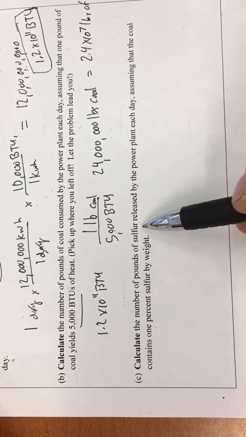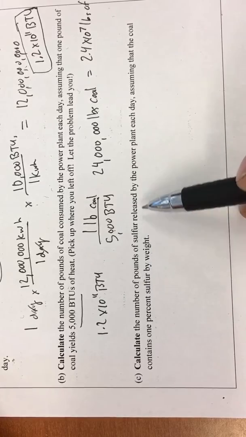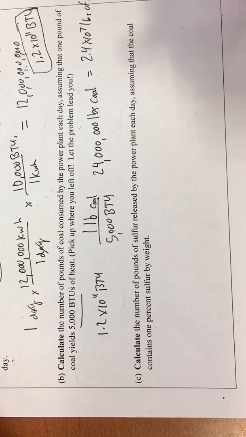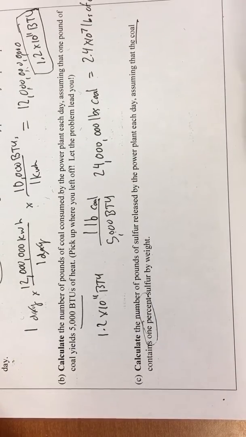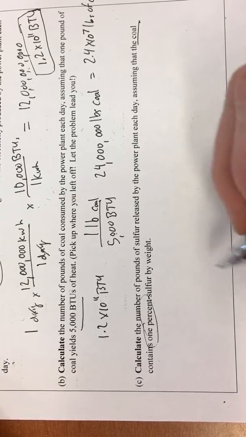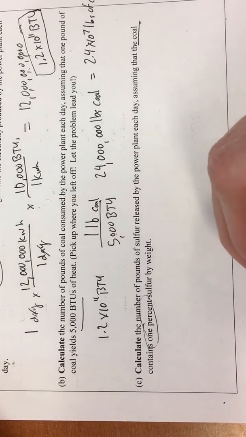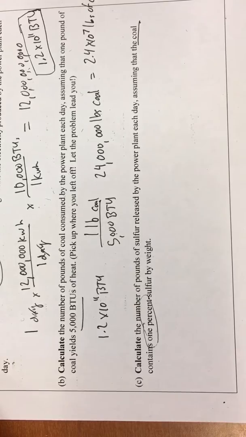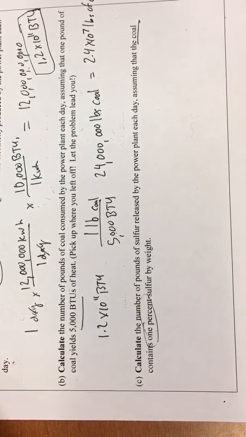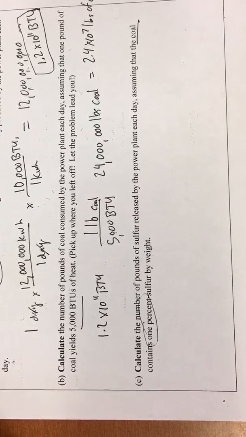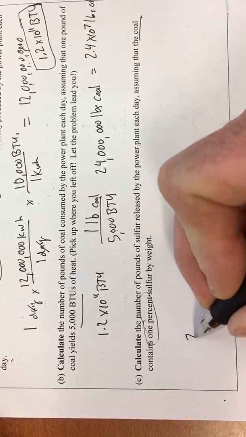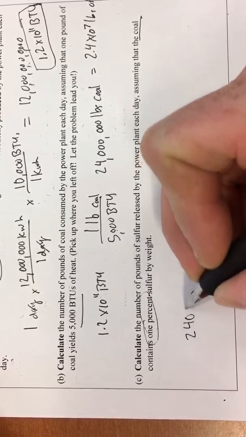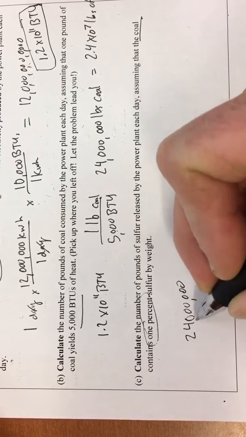Calculate the number of pounds of sulfur released by the power plant each day, assuming that the coal contains 1% sulfur by weight. So if we have 100 pounds of coal, how much sulfur would that be? We know that's 1 pound, right? Because 1 of 100 is 1%. 10 pounds would be 10% sulfur. So we know that we need 24 million pounds of coal